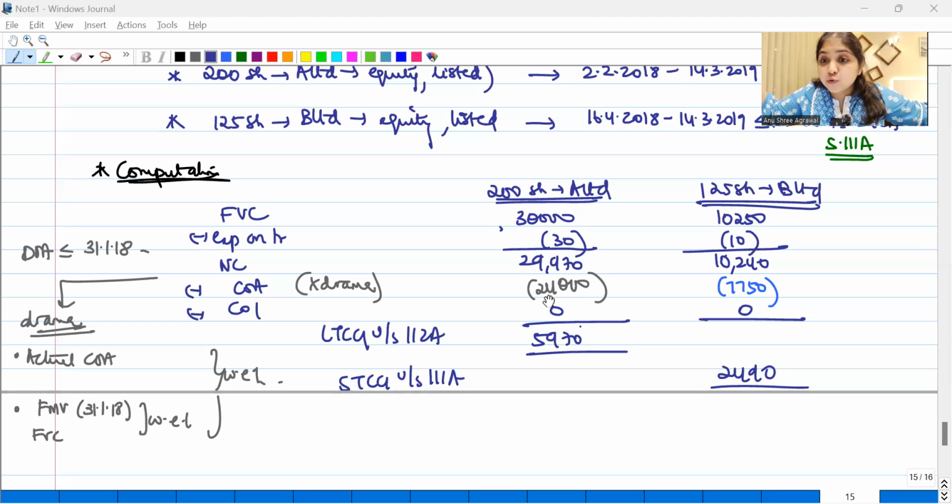So I don't even have to take it to the total income calculation, correct? 5,970 guys, within 1 lakh. I don't even have to take it to the total income calculation. Is this right? Of course not. Terrible. When do I think about the 1 lakh number? Only when I'm doing the tax calculation. Only when you do the tax calculation, only then you even think about that 1 lakh number. In the total income number, as it is, this will go. Only when you're calculating tax, only that time you will think about the 1 lakh number. Is this clear? Can I go to the next adjustment?